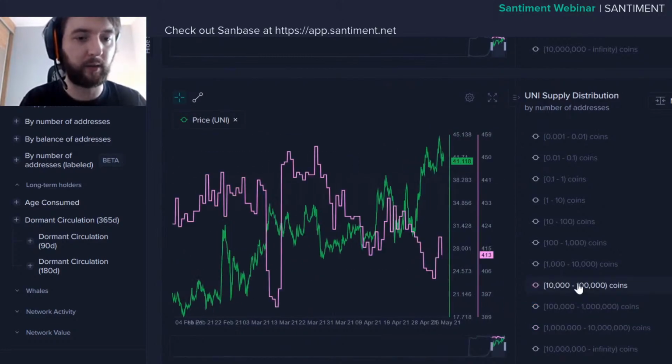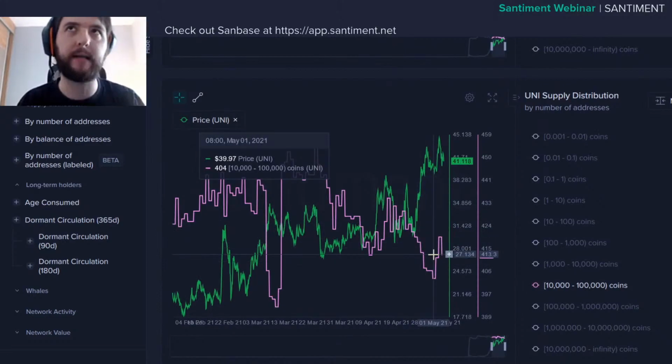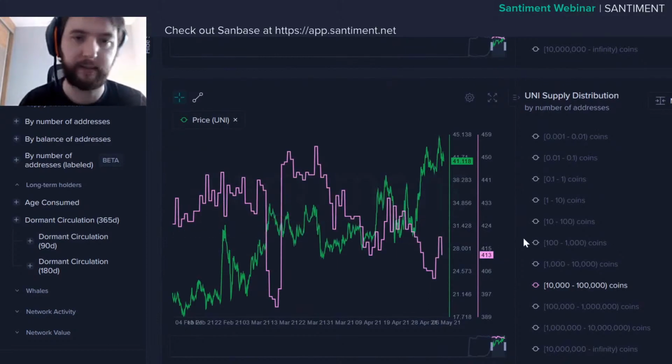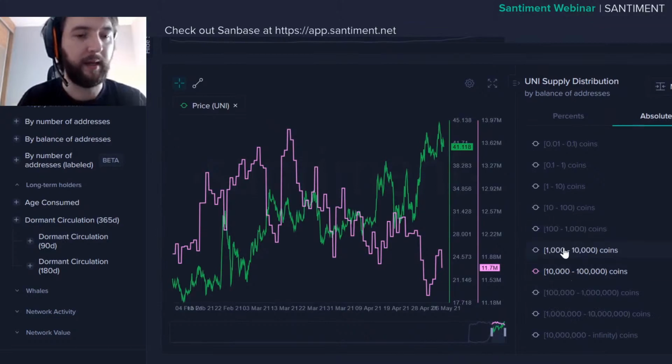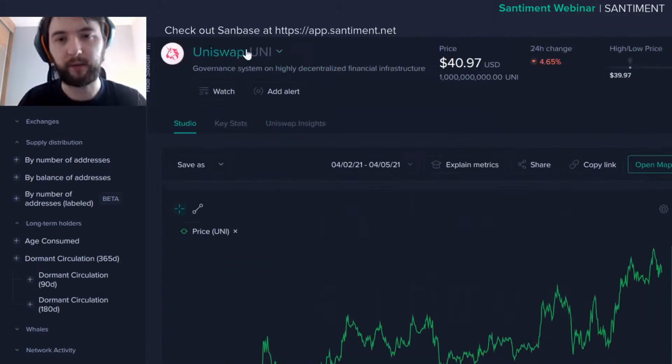That's why I usually like to look at a category that has upwards of 300 to 400 addresses and above, because that's usually the category populated by actual whales rather than exchange wallets, team infrastructure wallets, vesting contracts or whatnot, right? And that's why, for example, I selected this group of holders for Uniswap. For other coins, based on their current price, it's going to be a different category of holders. If you look at Bitcoin,